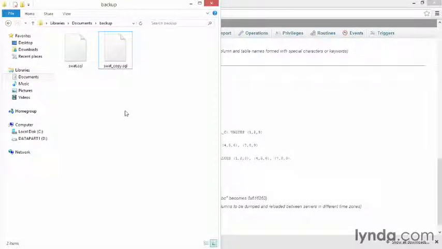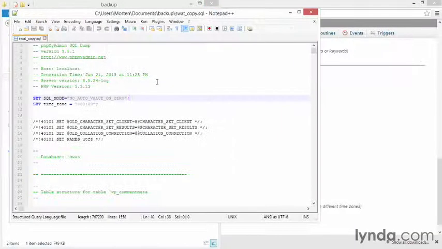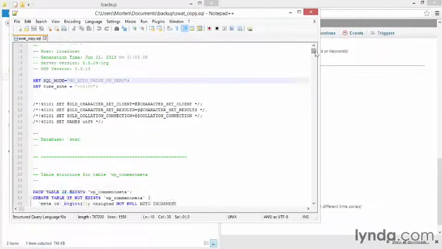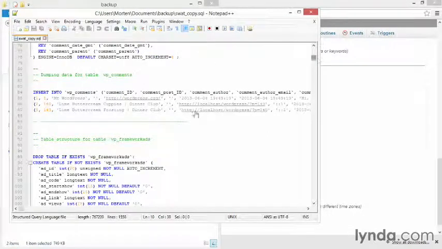Now that you have an export of the original database from the original site and you have a copy of that export, you can open that copy in a text editor. I'm going to open it in Notepad++, but you can open it in any text editor that has search replace functionality. When you're inside the database file, you need to look for entries that look like this: